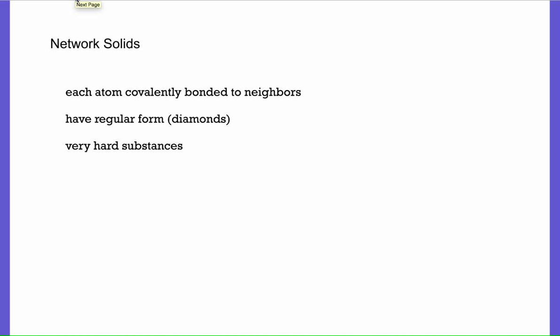Network solids, these specifically are essentially giant molecules. So you have something big enough that you can see it, but every atom's connected to every other atom. Right? So our example for this one is like a diamond. A diamond actually has carbons connected to other carbons. The only things in a diamond are carbons, but they're all connected to other carbons, and it just grows bigger and bigger and bigger to make this huge